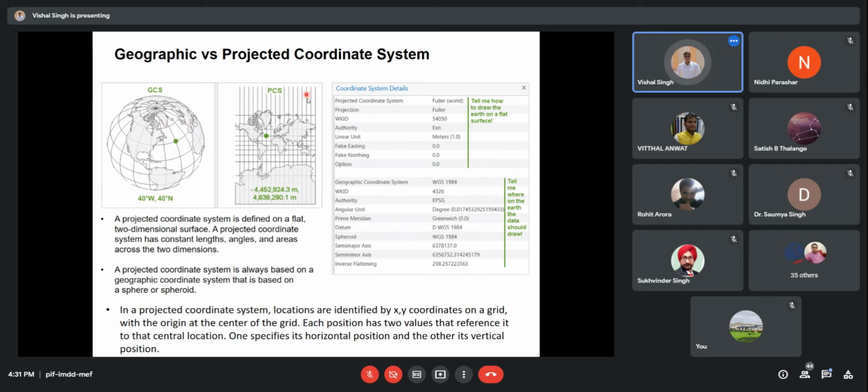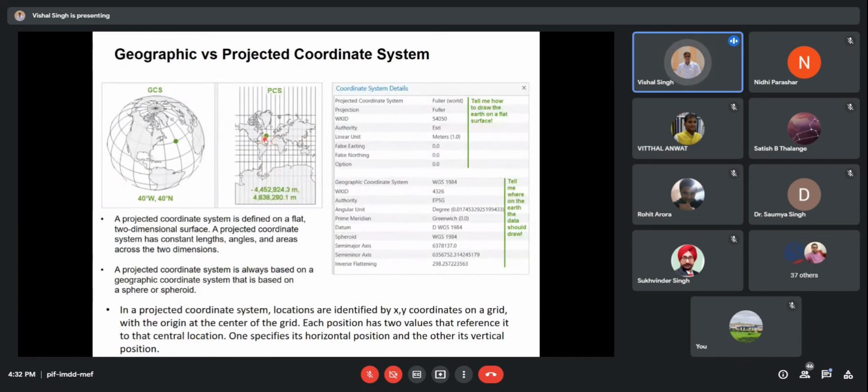So that is why projected coordinate systems have been developed, and the three-dimensional world has been simplified into the two-dimensional world. Here this representation has been simplified in this manner. An example of the projected coordinate system is the Universal Transverse Mercator, that is UTM WGS84, that you can refer to here.